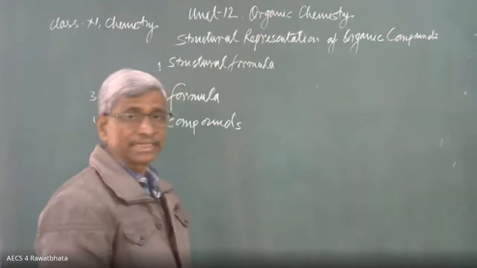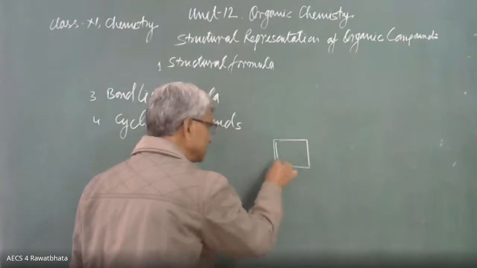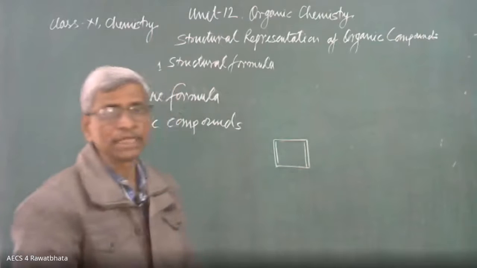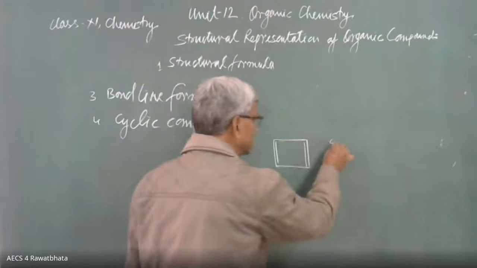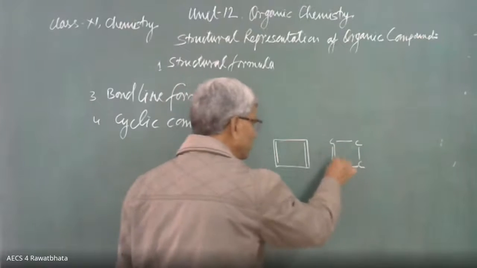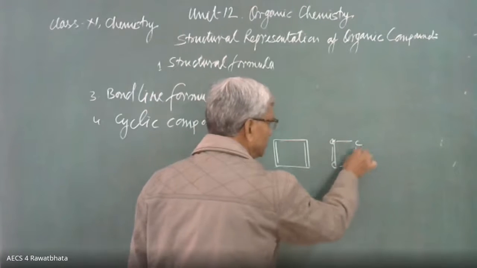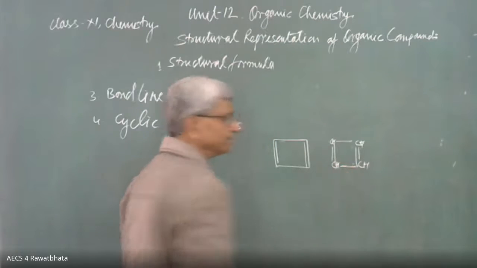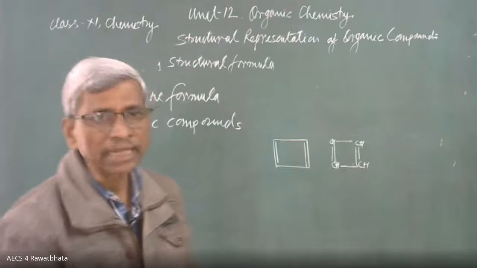If a double bond is there in cyclobutane, here it is a double bond, and here is also a double bond. This type of double bond may be there in the compound. Then what is the formula actually? Here is carbon, carbon, carbon atoms, 4, and here is a double bond, and then count the bonds, 1, 2, 3 bonds, 1 hydrogen, 1, 2, 3 bonds, 1 hydrogen, here is 3, 1 hydrogen, here is 3, 1 hydrogen. Okay. So this type of compounds are called cyclic compounds.